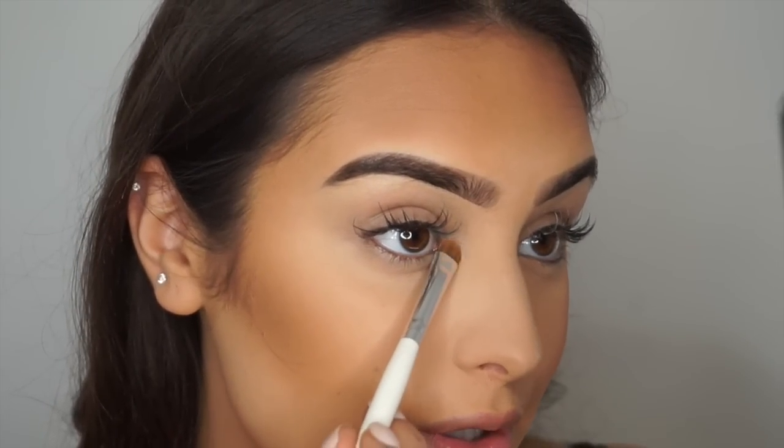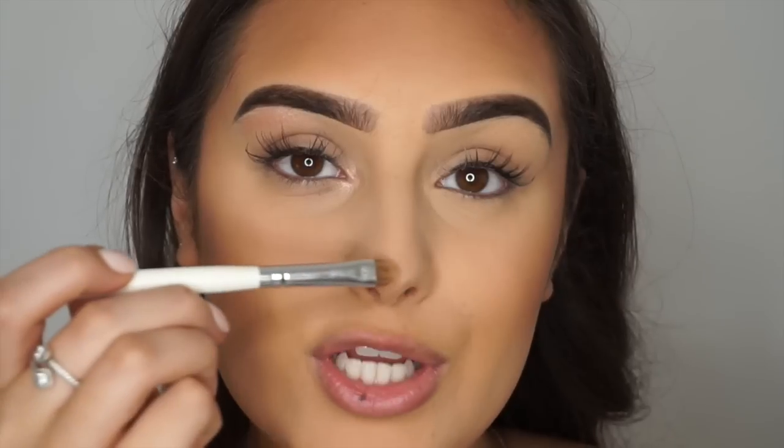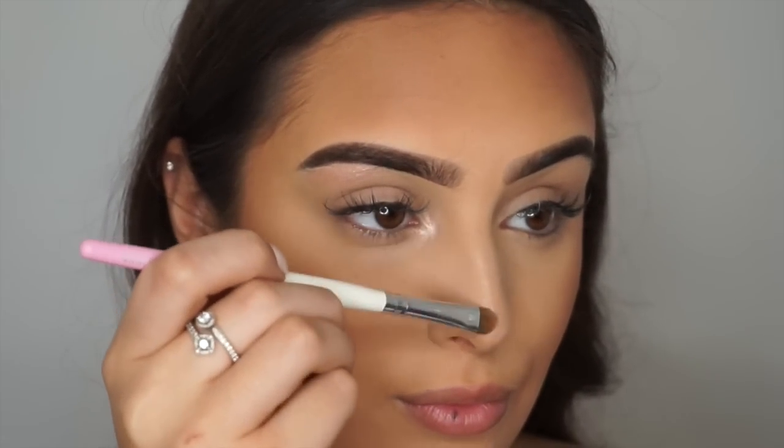So what I'm going to do, I'm going to use the Vanity Planet smudging brush, and I love this brush for inner corners and stuff. And what I'm going to do is zoom you guys in. What I'm going to do is literally pop this on the inner corners, brow bone, bridge of my nose, my Cupid's bow,